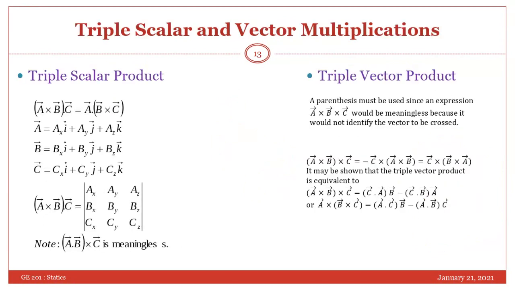Now we come to the triple scalar and vector multiplication. Generally, we do not use this because first, we rarely require this, and second, if we need it, we first multiply two vectors, and then whatever is the answer, we multiply with the third. But if you can remember it, it is very good, it is useful.